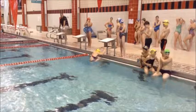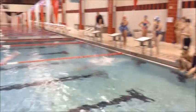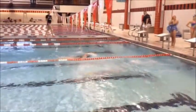However, I'd really like to see her back be more in this position as opposed to this position when she's getting ready to push off the wall. That's going to allow her to explode even higher out of the water, and her hips won't drop back down into the water before she's able to get